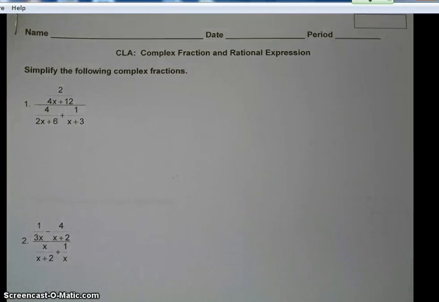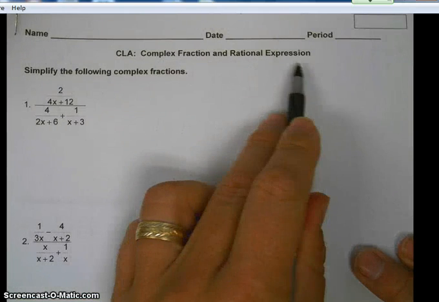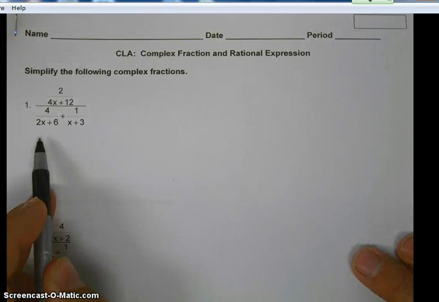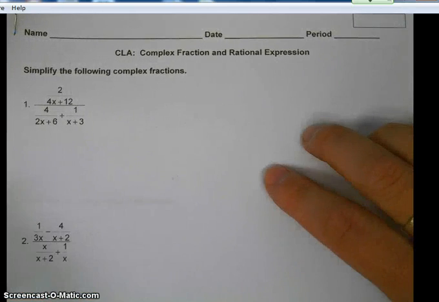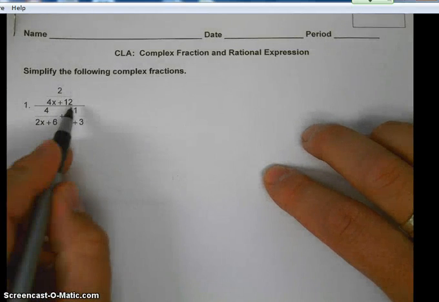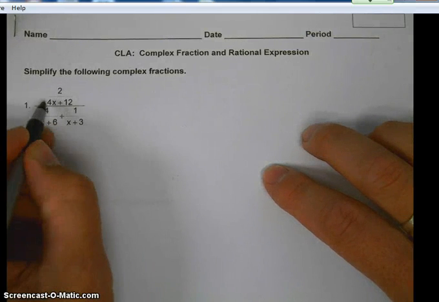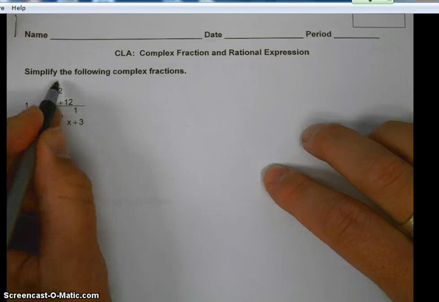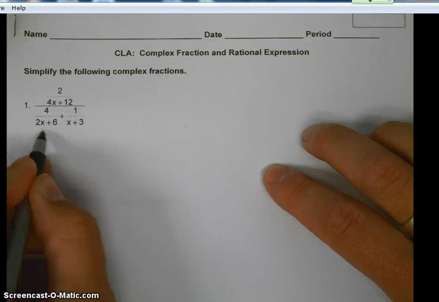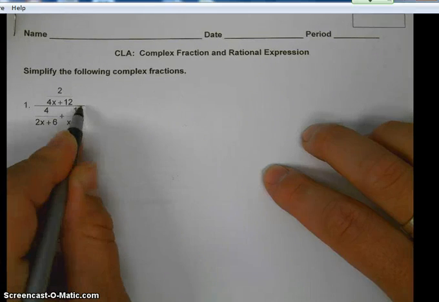All right, guys, we're going to look at complex fractions and rational expressions. We're going to go ahead and simplify this complex fraction. So remember how I told you that when you have something real complex like this, and it's a fraction, what you really want to do is work in the numerator world, simplify that as far as possible first, okay? And then work in the denominator world, simplify that as much as possible, and then we'll take care of the